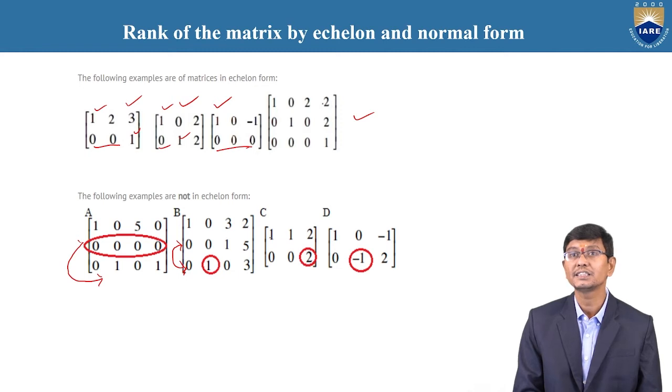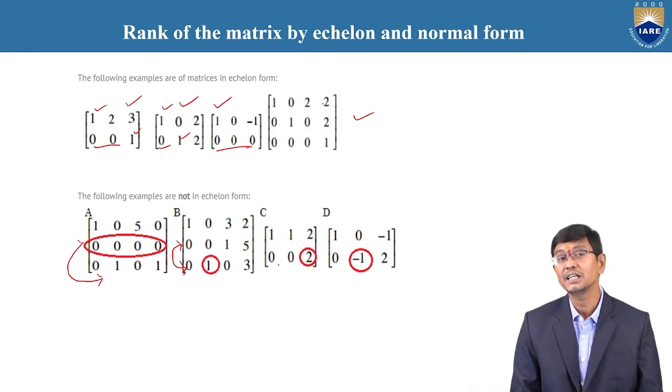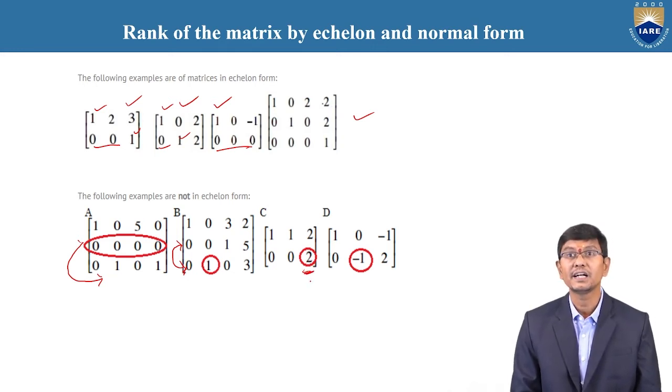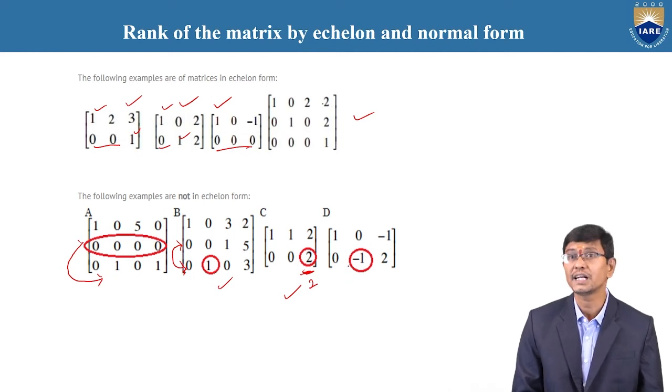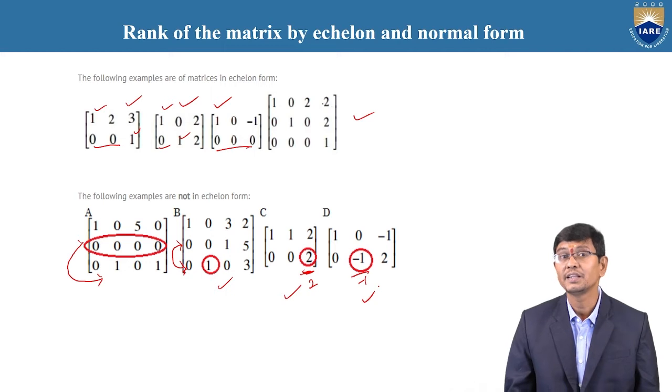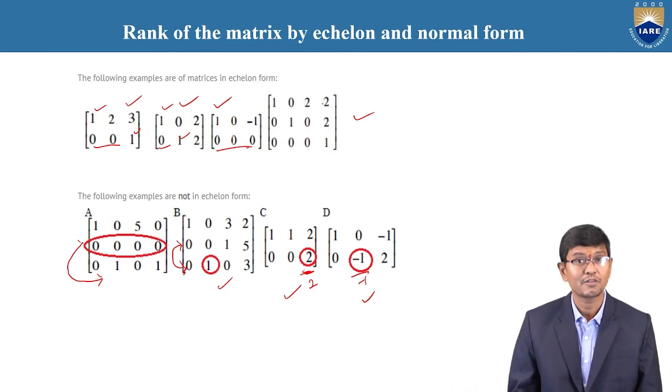And moreover, in example C, the first condition is also neglected. In the second condition, the first non-zero number is a 2, which is not required. We need, after dividing by 2, then only the echelon form of a matrix is satisfied. And the fourth example is the same. The first condition is zero rows, which we neglect, and in the second condition the first non-zero element is -1, but it is required to be a 1 only. Therefore, after dividing by -1, then only the condition is satisfied.